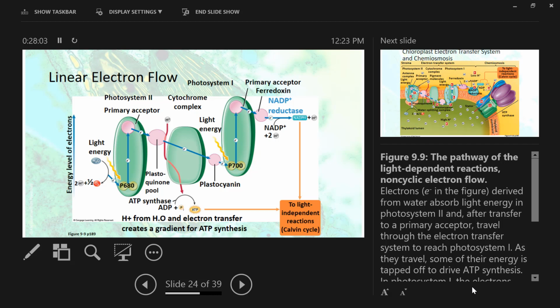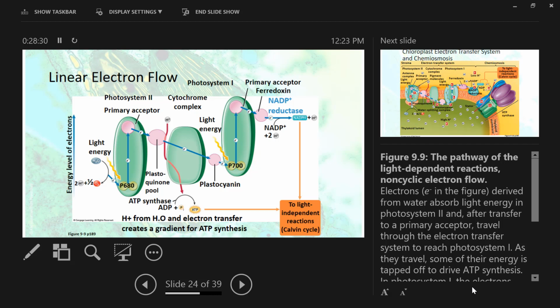Step by step. Okay, so here's where our electrons start. Water, right? That's our electron donor. So light energy came in here, and if it was the right energy right away, which is a wavelength of 680 nanometers, boom, it splits a water molecule, excites those electrons up to this primary acceptor. Okay? Then from there, the electrons can pass to the next electron acceptor, which in this case is